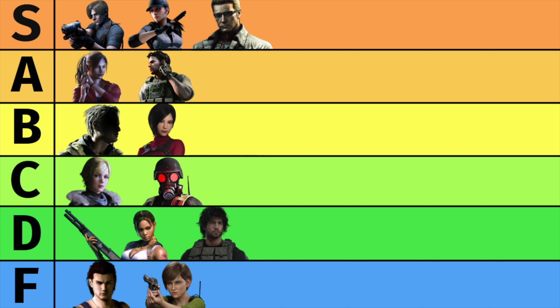Ethan, however, does belong in B tier. He is one of the newest characters on this list, meaning that he does not have the history that a lot of the other characters have. He has not been around as long. He is not engraved as deeply into the franchise. Now this would normally place him lower on the list. What keeps him this high up is of course the fact that he is the protagonist and main playable character